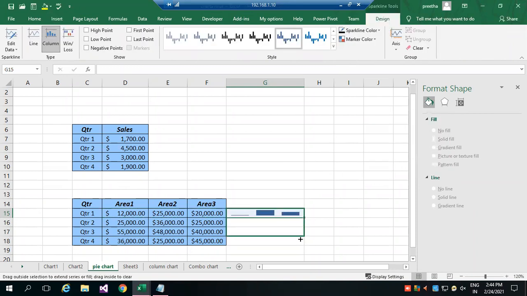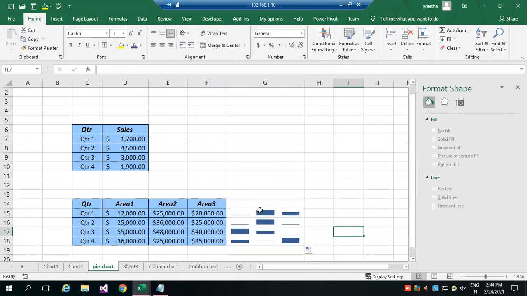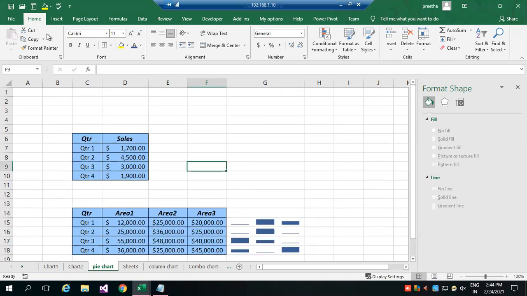So you will get the bar. If the values are higher, that bar will appear bigger. If it is less, you will get smaller. Okay. So this also will help you, but when you have less data, you can prefer this. The same way as we discussed profit and loss, you can use with a spark line.